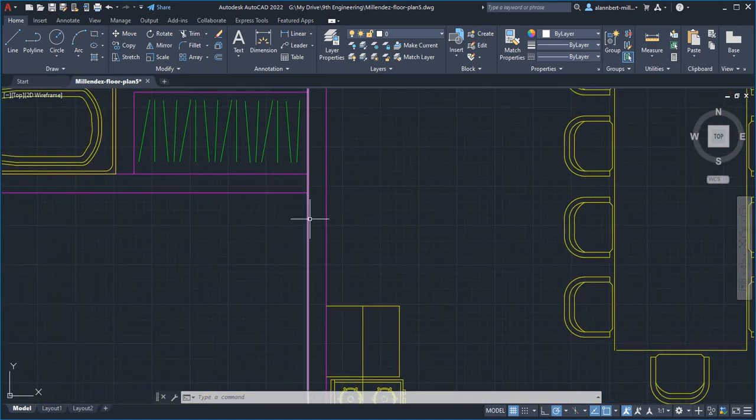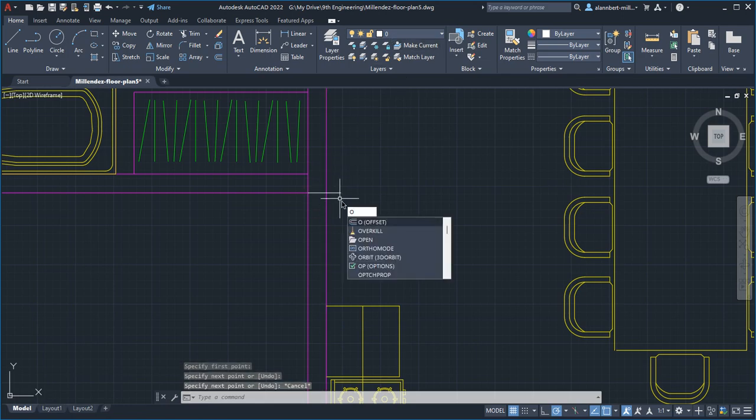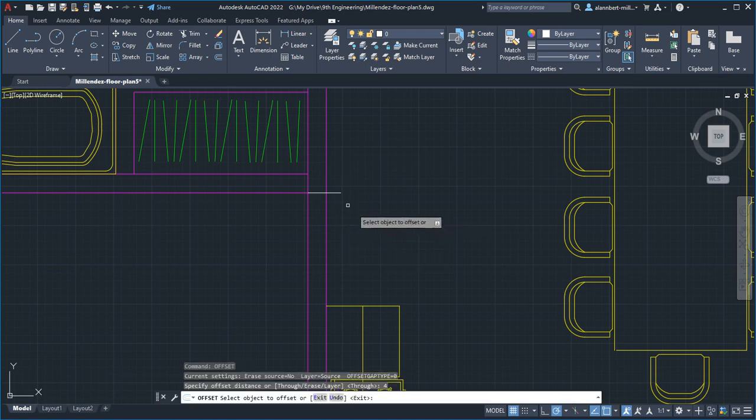And we're going to create a line. I'm in layer 0 right now, so the line is white. Then we want to offset that line 4 inches from the corner. It could also be 2 inches or 3 inches, but 4 inches should be standard. And then you're going to offset again